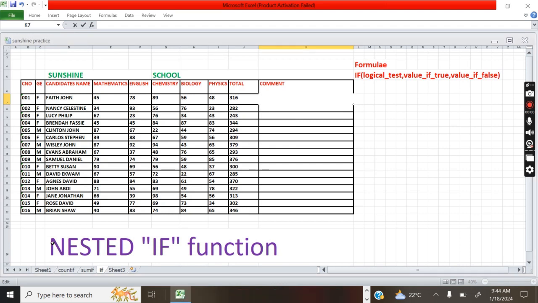In this particular video, I'm going to take you through the nested if function. If you look at my video list, I've already prepared other videos on the if, the sum if and the